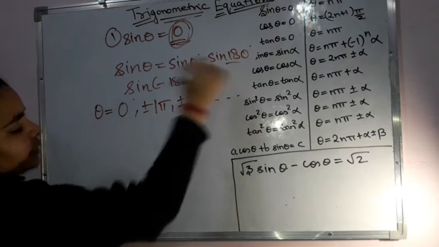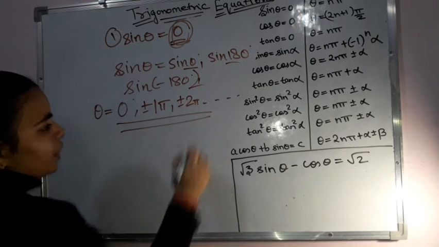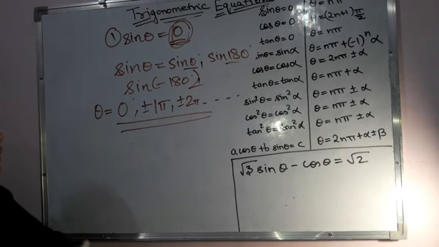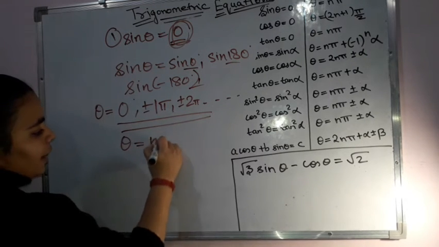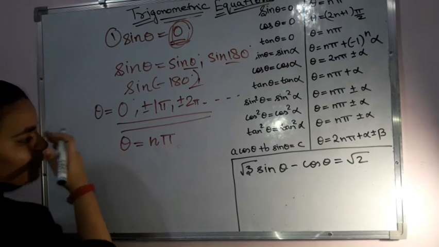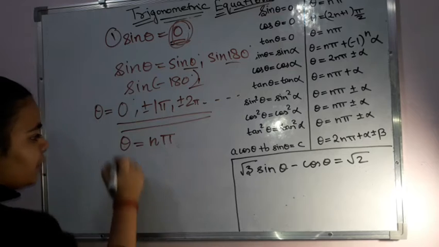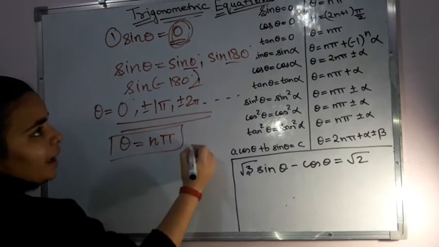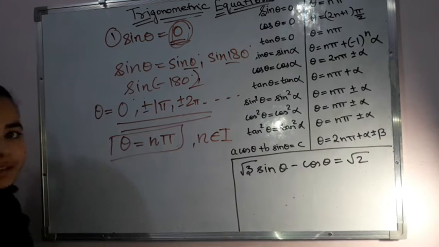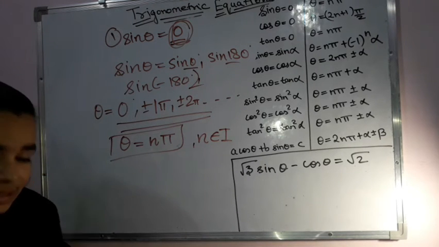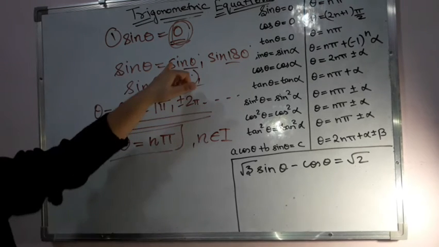From this I can see over here, and if you use the general form, now how to write the general one? My general form can become theta is equal to n pi, where in place of plus minus we write theta is equal to n pi, such that n is an integer. Integer means plus minus both values and even 0. So if you put 0 over here, theta becomes 0.